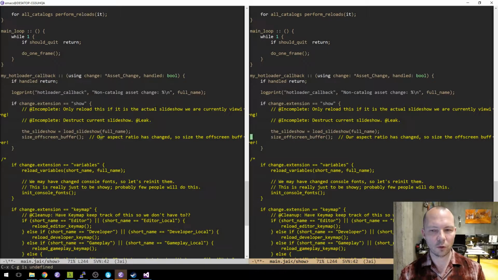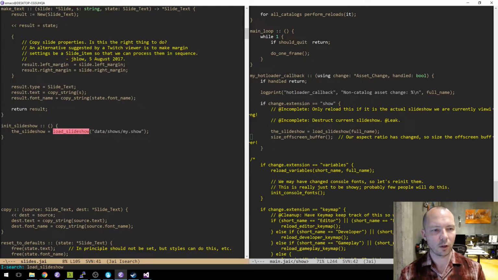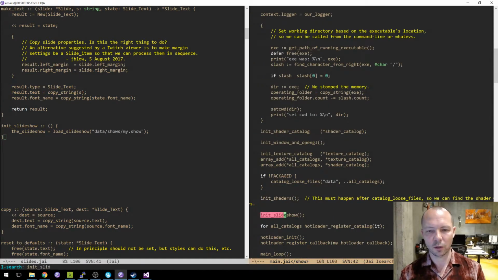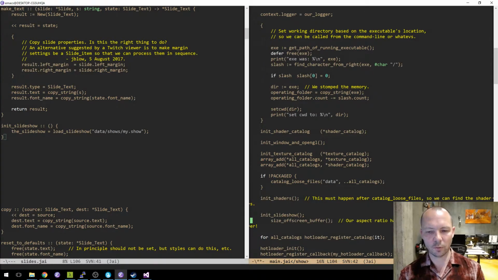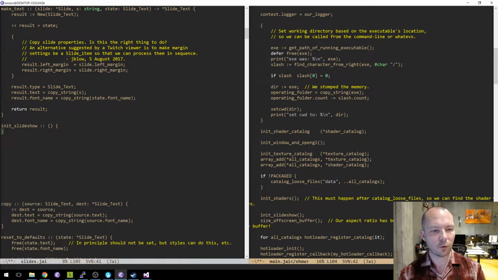Okay, remember we still have this weird thing where in slides we say init slideshow and that just says load slideshow. So we're going to get rid of that. We're just going to pull this out to there.